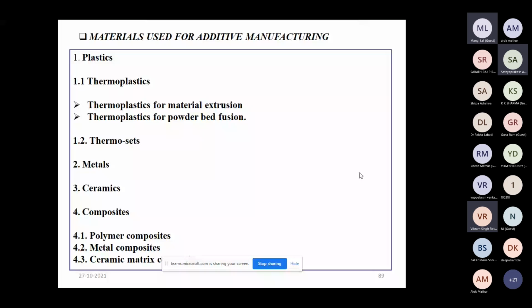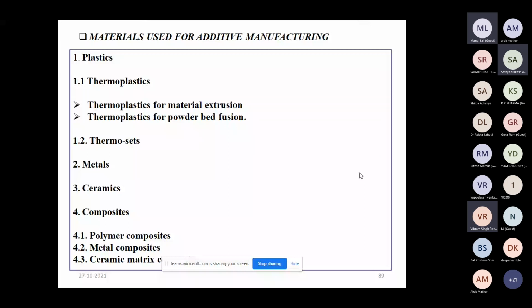Ceramics can also be used, in combination with different materials, to make composites. In the form of composites we can use polymer composites, then metal matrix composites, and ceramic matrix composites.